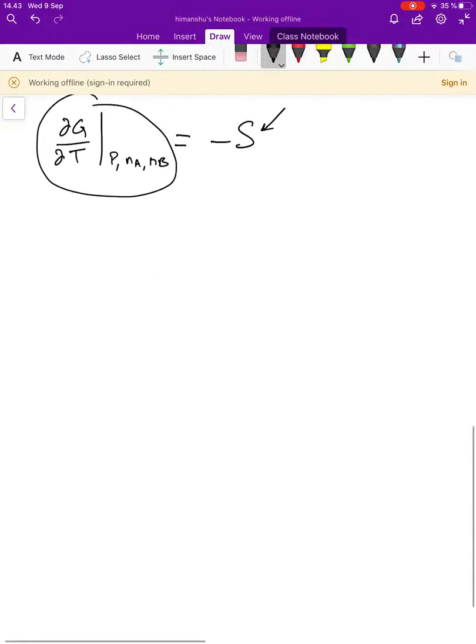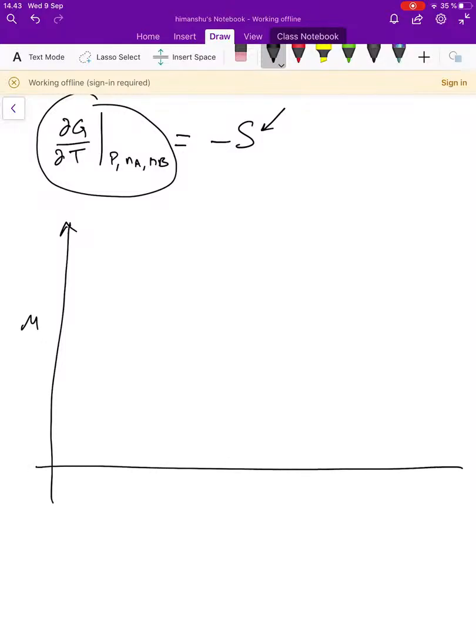So if I draw the chemical potential on the y-axis and the temperature on the x-axis, and we take a solid,